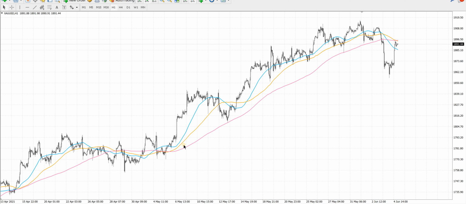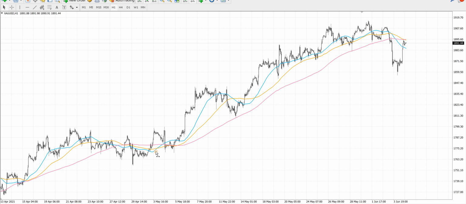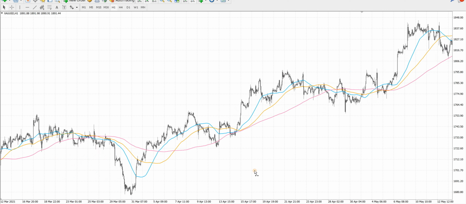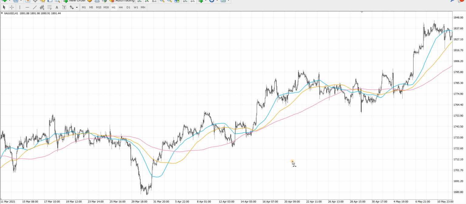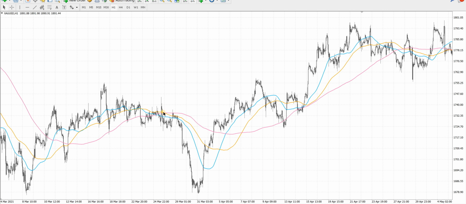That's what I mean when generally a golden cross is indicative of upward movement. And coming back here, you can see what's known as the death cross, where the SMA 100, orange, falls below the SMA 200, pink. That is indicative of strong downward movement,